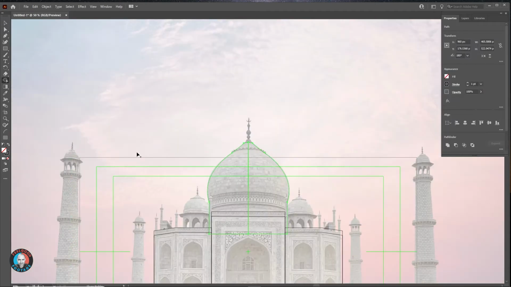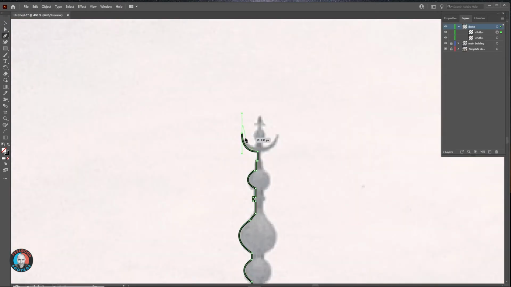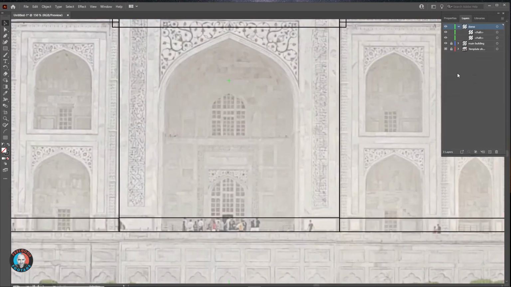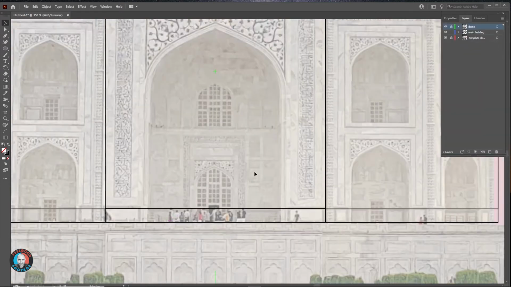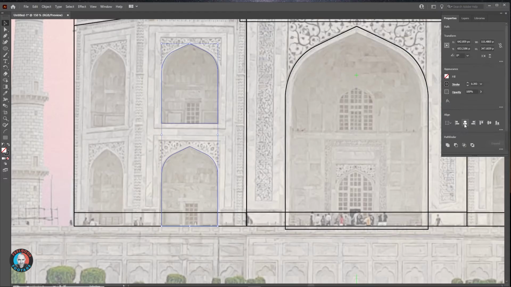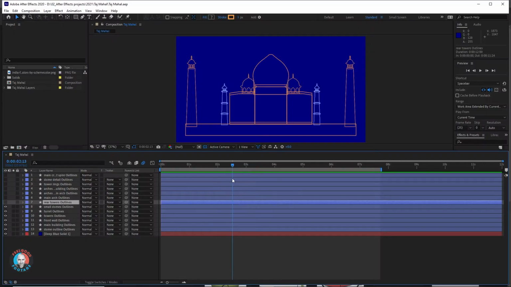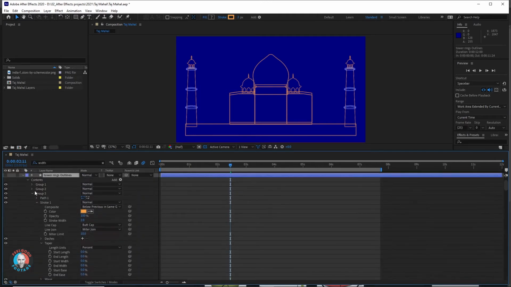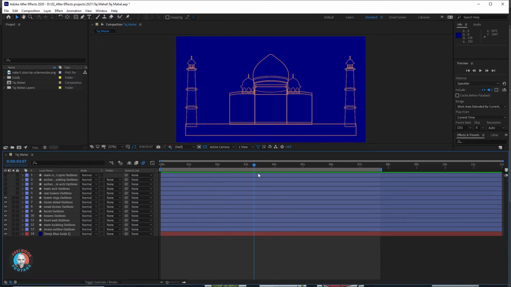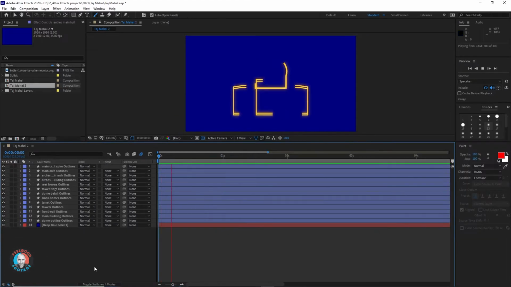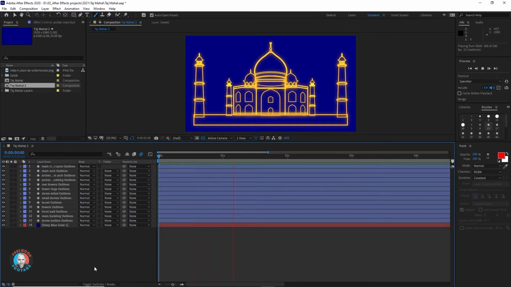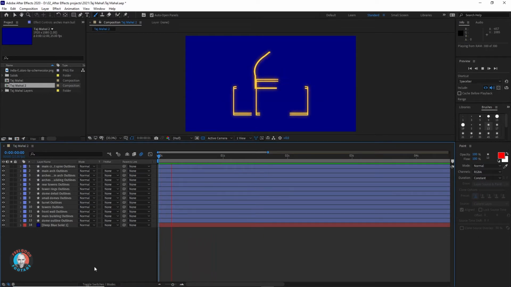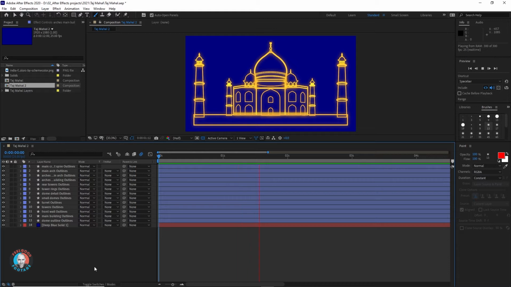In this tutorial, which is aimed at beginners, we're going to draw the Taj Mahal in Adobe Illustrator. That's going to be great practice for some basic techniques and tools. Then we'll animate that drawing in Adobe After Effects using trim paths, a really useful little function that you'll be able to apply to any stroke you wish in the future. And then we'll build on that basic animation by adding one effect to make the image have this cool neon-like look.